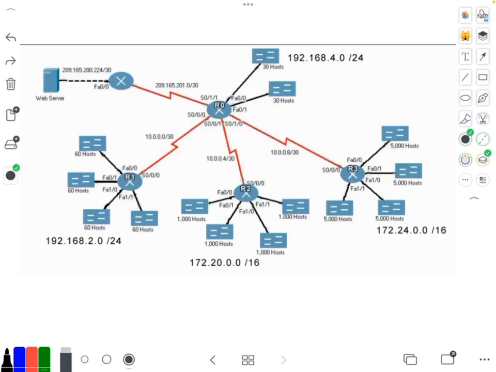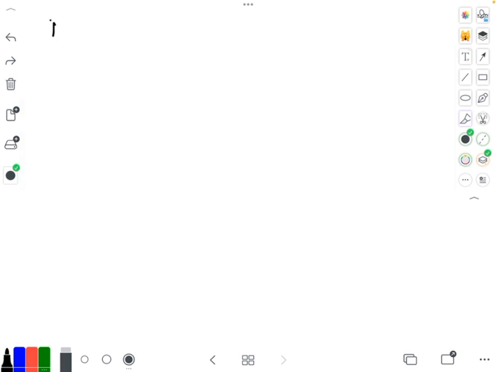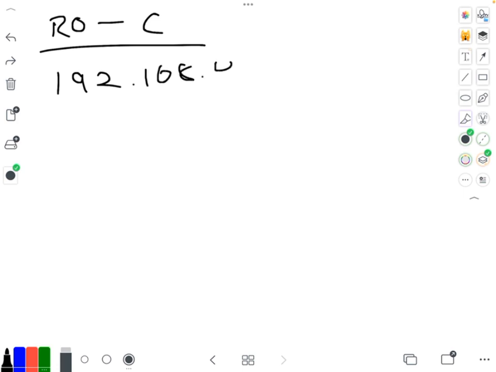We're going to be doing the Subnetting Skills Challenge. As you can see here, we have a diagram of the actual challenge itself, and I'm just going to jump right into the subnetting. First things first, we have our first router, which is router 0, and it is a class C router. And the IP address for this is